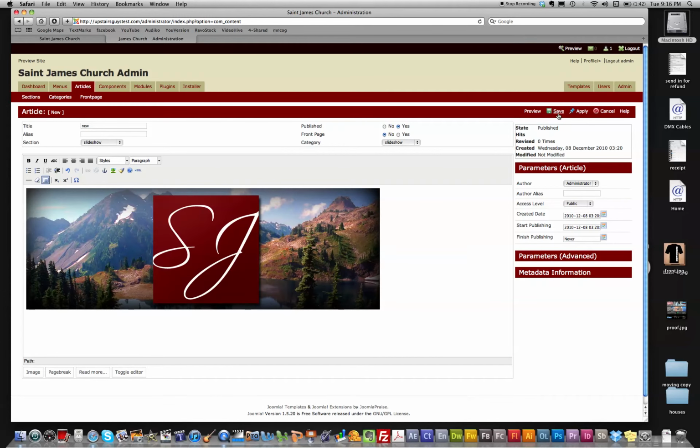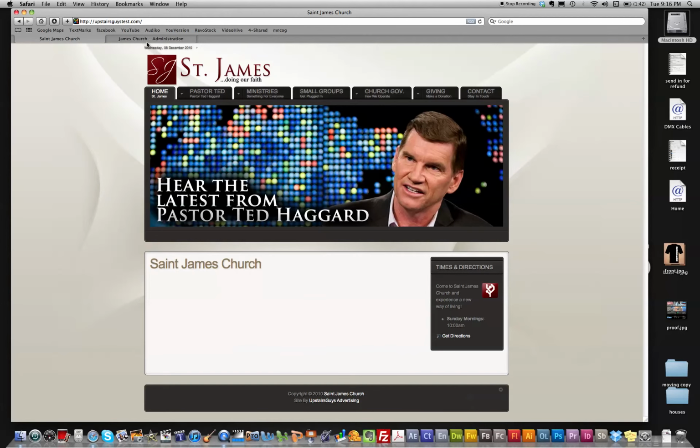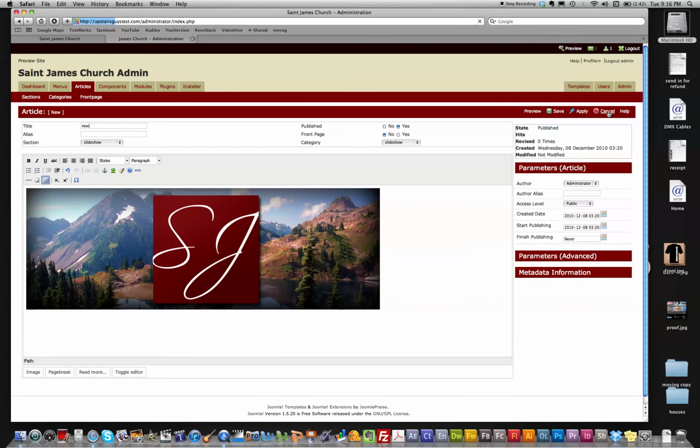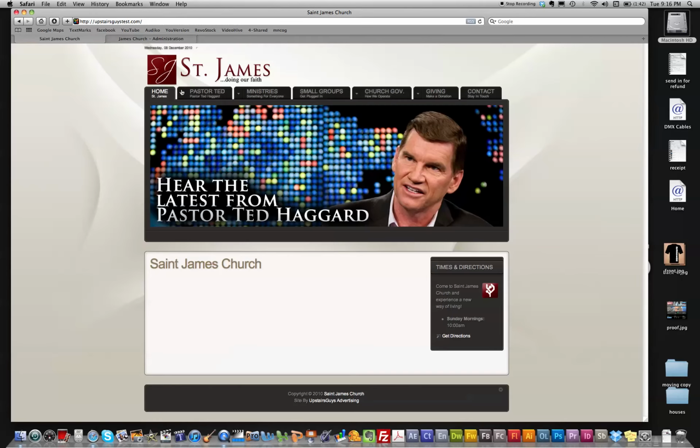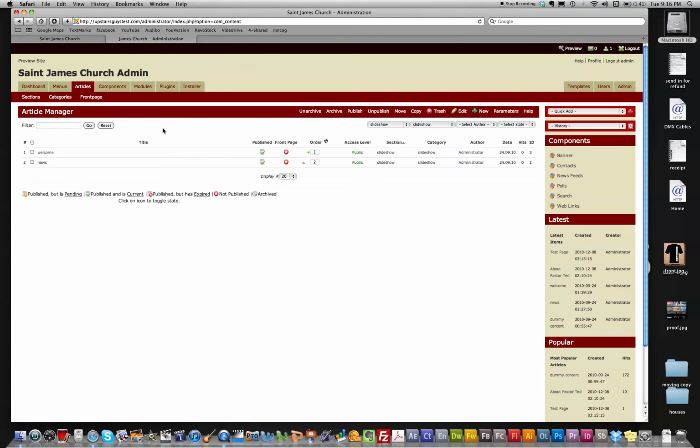If you just click save, make sure it's published. Then when you refresh the page, that slide will show up, and I'm going to cancel this, but then you'll have 3 slides here. And then you can change the order by clicking these arrows to move them around, whichever one you want to show up first. But the order goes from top to bottom, first to last on the page. So whatever's on the top is going to be the first slide that pops up when they go to the